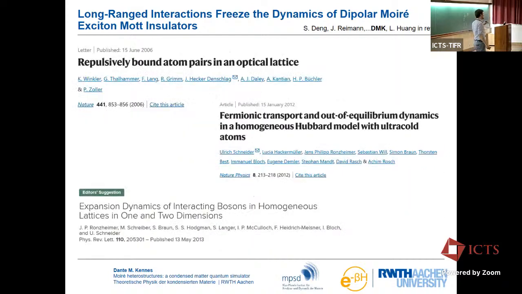So my proposal is I have dipolar excitons. They have a fixed dipole moment. They can't flip their moment. So they're certainly repulsive, strong repulsive interactions. I make a bunch of them and they freeze. If you just think about your classical understanding of physics, it's very strange. If you take a bunch of particles and give them a lot of repulsion, bunch more and more of them together, they should just expand. Yeah? It's like a bomb.